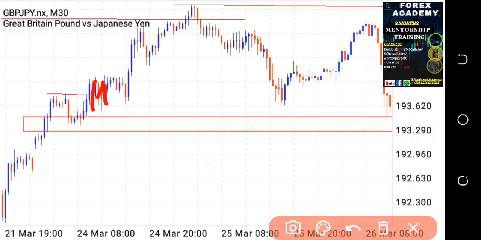It pulled back, but it did not come back here. It did not come back here to touch this other block before going up. It actually stood here as a liquidity grab that needs to be swept. Okay, now it went backward to the upside. Now another thing to note here is that this is our point of interest.